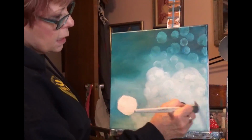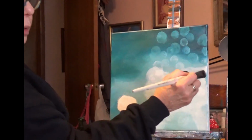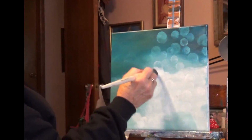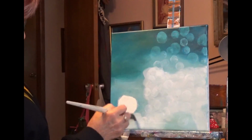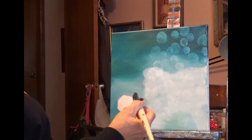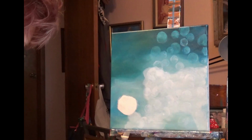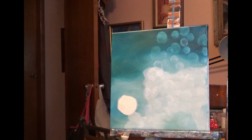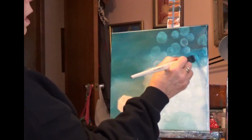Just want that nice and light through there. And you can see that that's kind of doing what I want it to do. Coming through and just coming up to this. Okay, now I'm going to go into my blue. Do the same thing, just mix a little bit of that, and I'm going to go over some of this in through here. Just kind of going over that